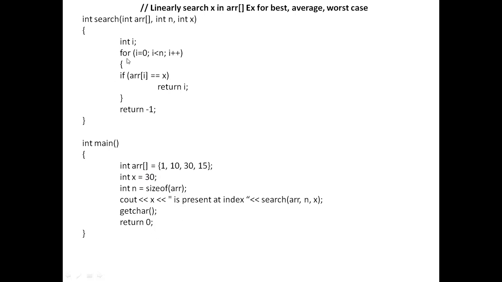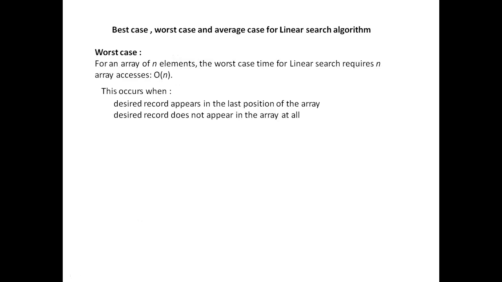The value 30 will be searched, and the index value of this 30 is 2. That will be given back. That is this linear search algorithm. Now we go for the best case, average case, and the worst case of this linear search.